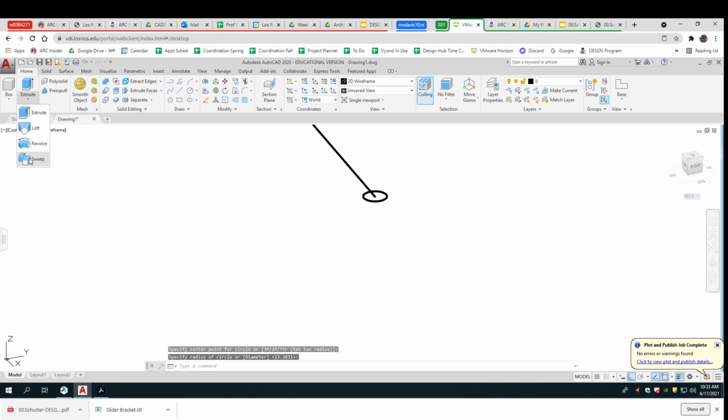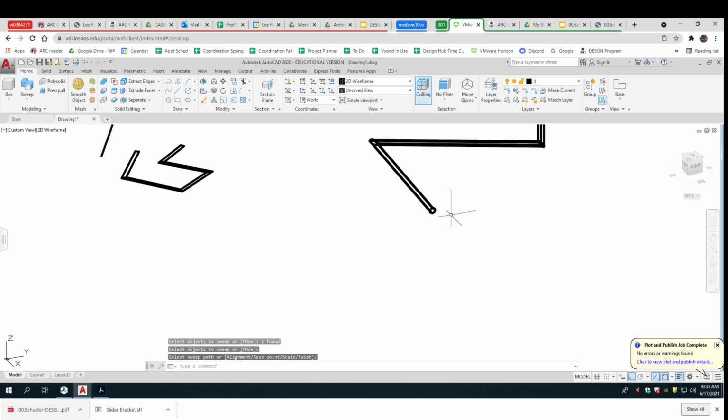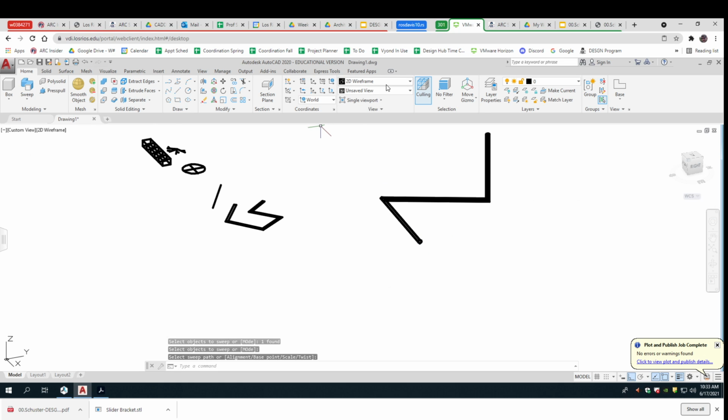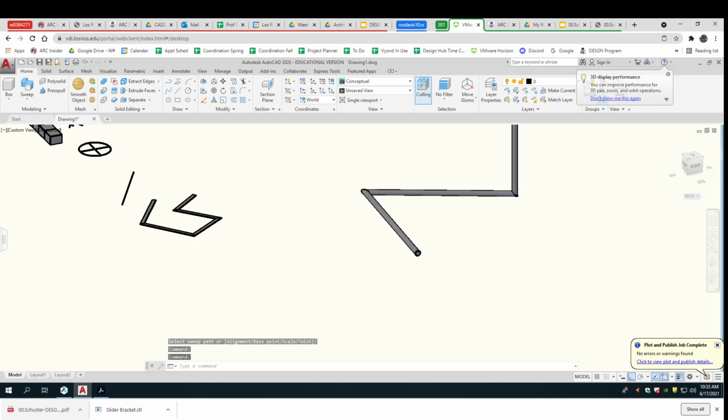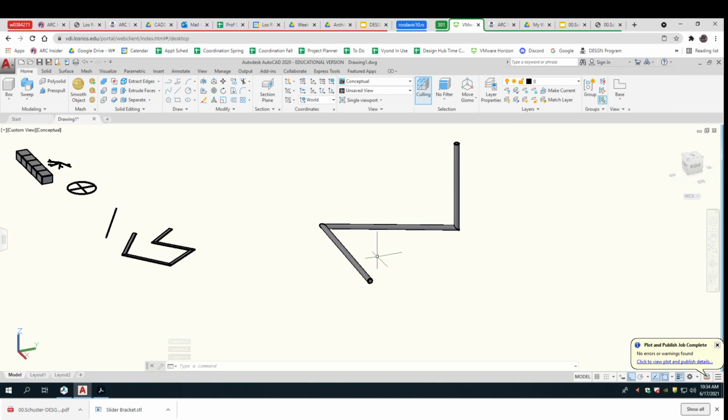I can sweep this along that. Now I've got it. Wow. Yeah, I'm telling you, it's pretty nice. So the 3D polyline is even more rigorous. I don't use that much in mechanical design, but when I'm doing architectural design or landscape design, and I need to have a